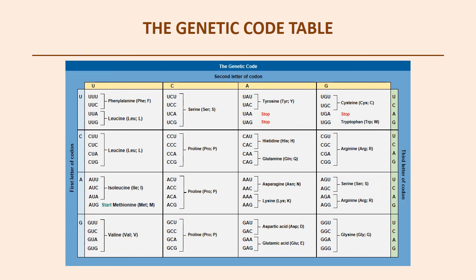I did not use the one that was in yours, only because I think this one is a little easier to read. But by all means, all codon tables will be set up in a very similar way. They will allow you to look for all the different combinations of the four nucleotides paired in 3. As you look in the boxes, you're going to see that they're filled with U, C, A, and G, your uracil, your cytosine, your adenine, and guanine, because those are the 4 nucleotides that we are familiar with when